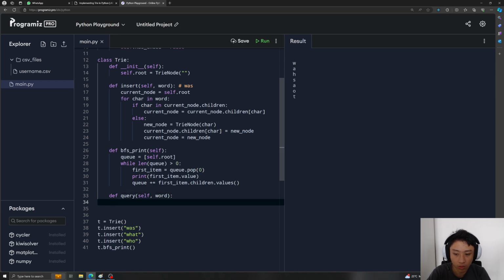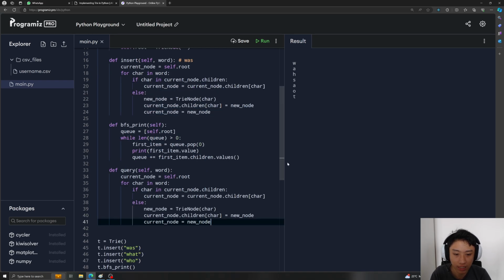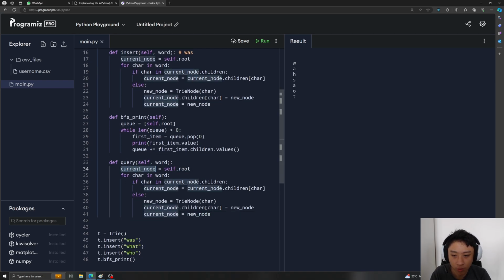When we are doing traversal, it's similar to the concept of insertion, but the condition is slightly different. We have a current node pointing to the root node, and for every character, if the character is in my current children, I go to the next node. Else, instead of creating a new character, I will start